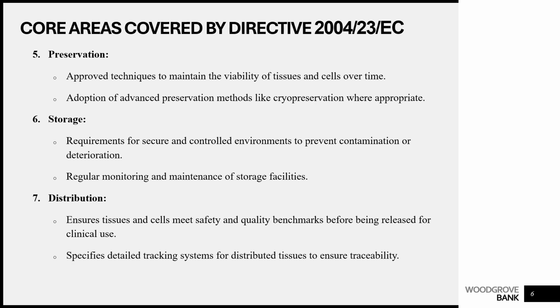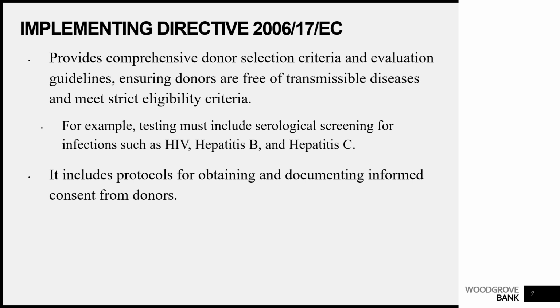So any materials, tissues and cells, have to be released for clinical use, and therefore you have to ensure that certain safety and quality requirements are met before these cells and tissues can be released. And again, when we're talking about distribution, we need to ensure that we have a tracking system available to ensure traceability. So these are the areas that are covered by the directive, and the implementation directives,